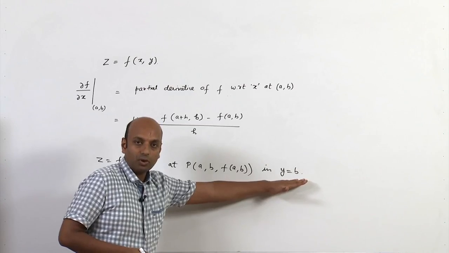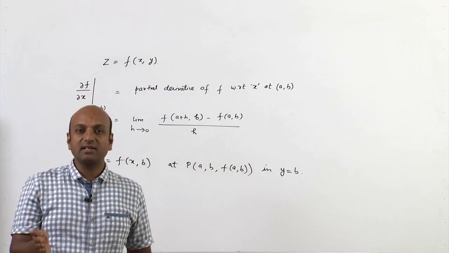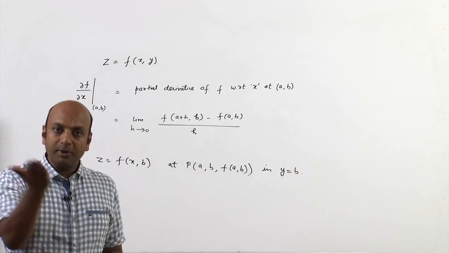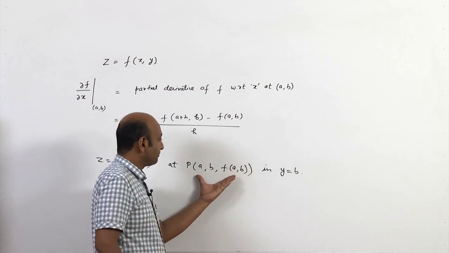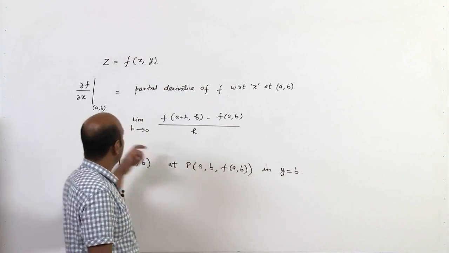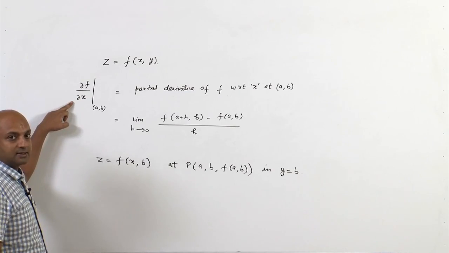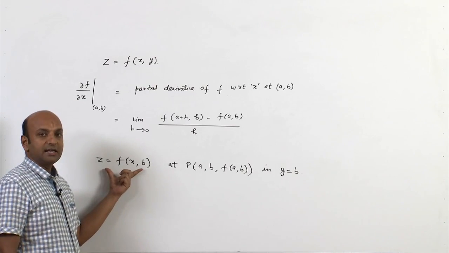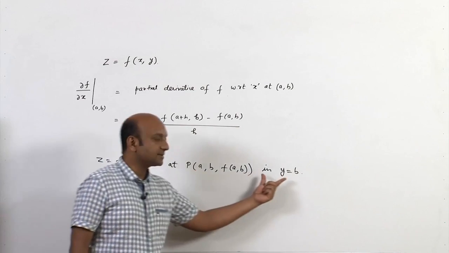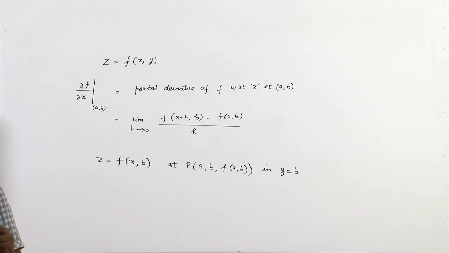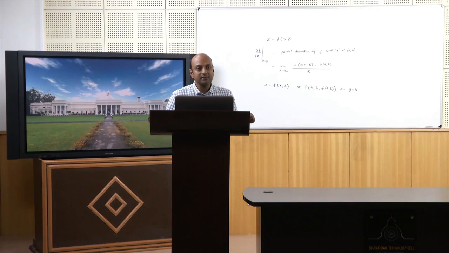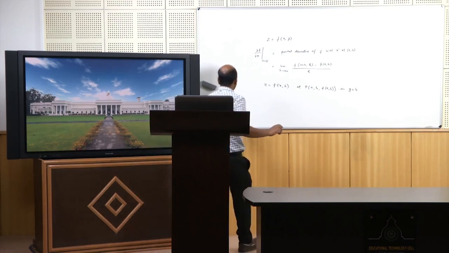Because z equal to f(x, y) is a surface, when y equal to b cuts it, it will give a curve. And at this point the partial derivative of f with respect to x simply gives the slope of the tangent of this curve in this plane. So, this is how we can define del f upon del x, the partial derivative of f with respect to x, geometrically. Similarly, when we talk about the partial derivative of f with respect to y,